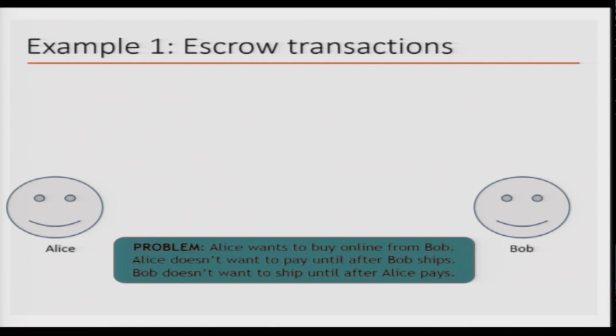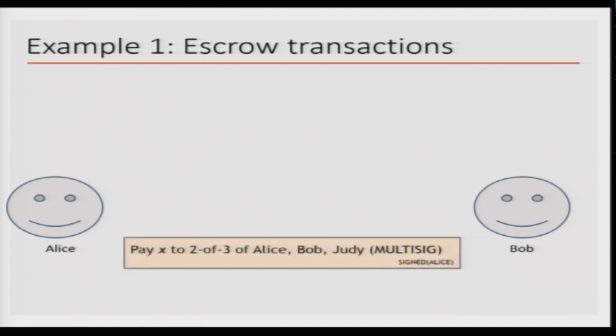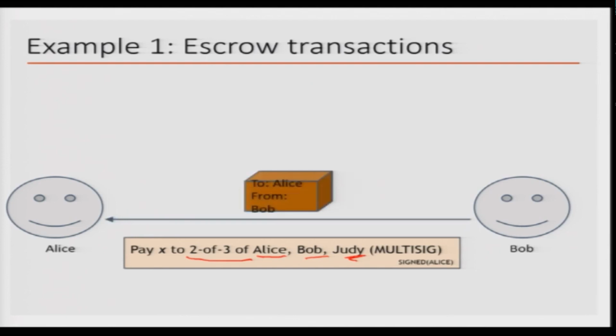So, in case there is a problem, the escrow keeper will pay the money to Bob. What happens is that Alice writes a transaction that sends the money to an escrow account, and it's a multi-sig instruction which says that it requires 2 out of 3 signatures: Alice, Bob and Judy, who is the adjudicator or the escrow person. So, now Bob knows that you have put your money in the escrow, so he ships the item